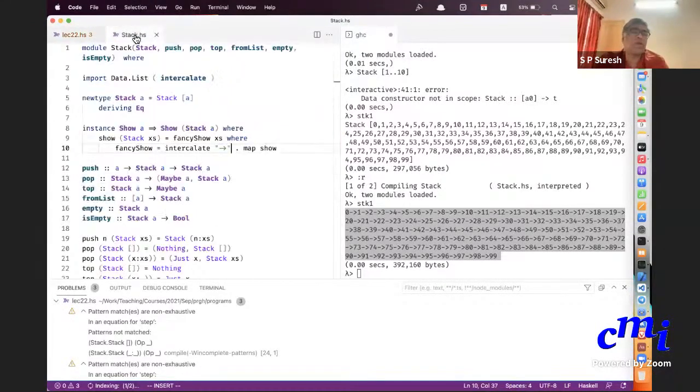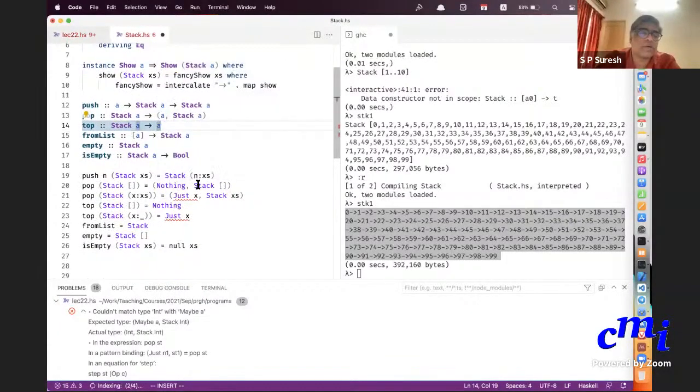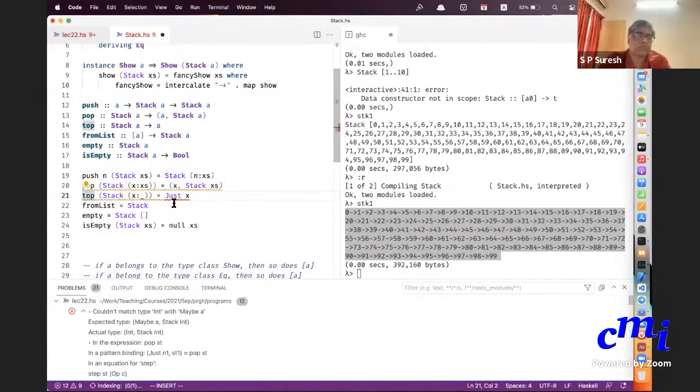Okay, so I'll dispense with this maybe, etc. It's okay if there are some non-exhaustive patterns. Okay, these are only warnings.